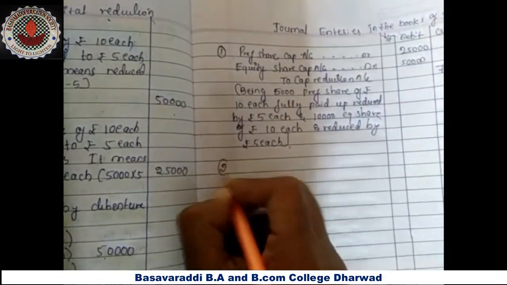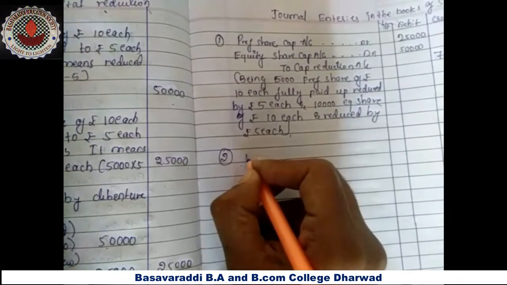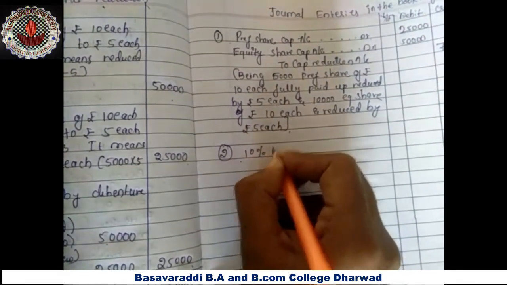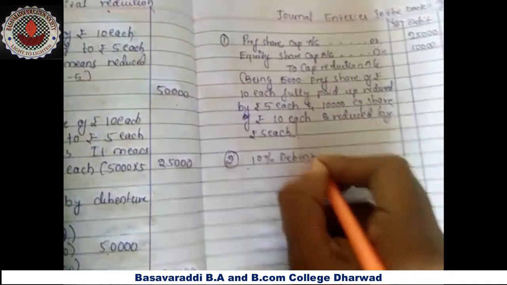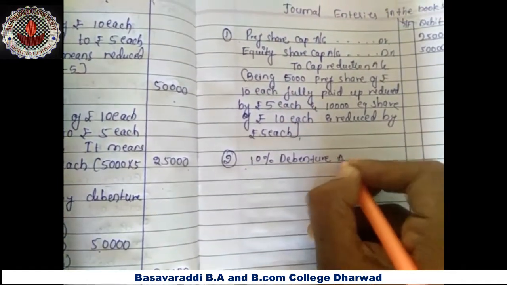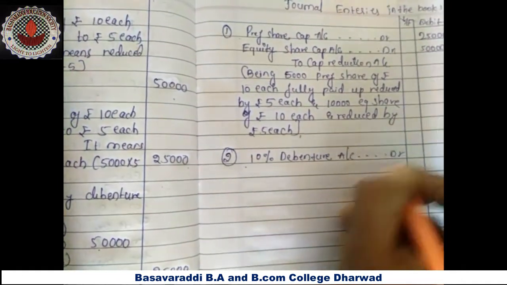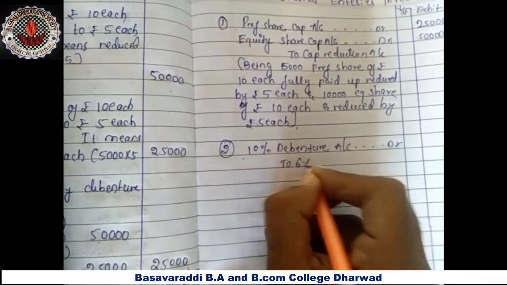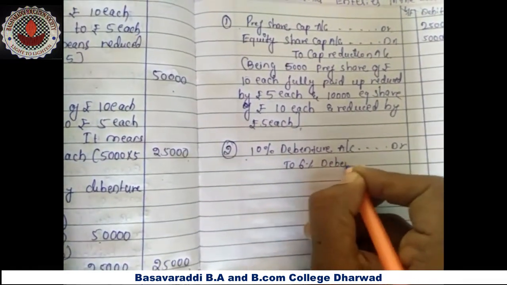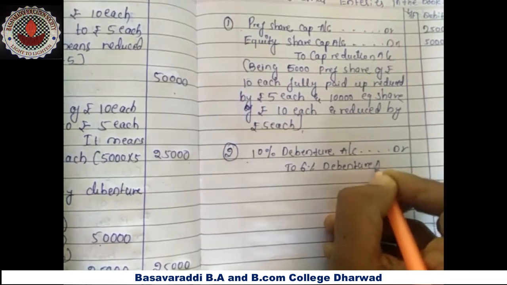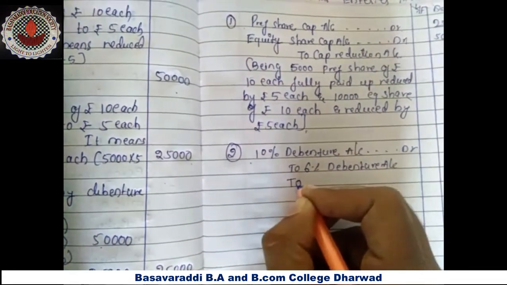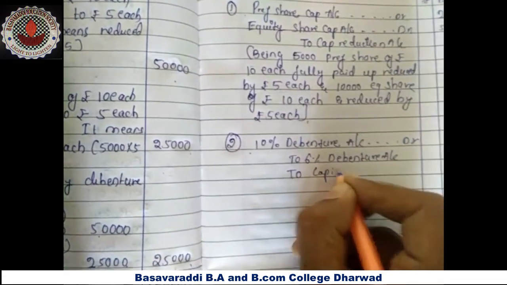And then next entry, 10% debentures account debited to 6% debenture account, to capital